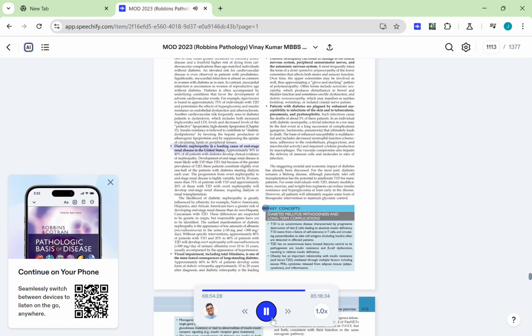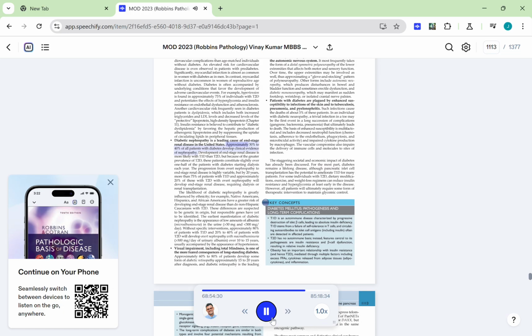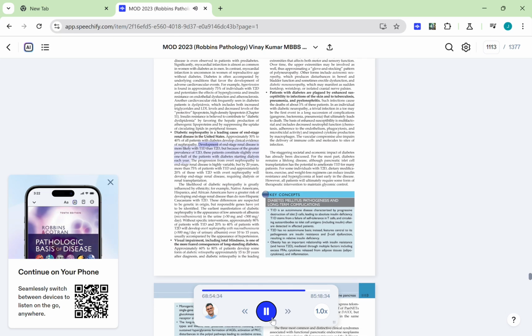Diabetic nephropathy is a leading cause of end-stage renal disease in the United States. Approximately 30% to 40% of all patients with diabetes develop clinical evidence of nephropathy. Development of end-stage renal disease is more likely with T1D than T2D. But because of the greater prevalence of T2D, these patients constitute slightly over one-half of the patients with diabetes starting